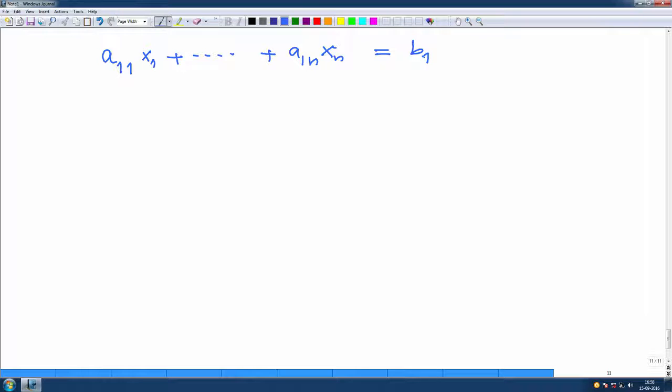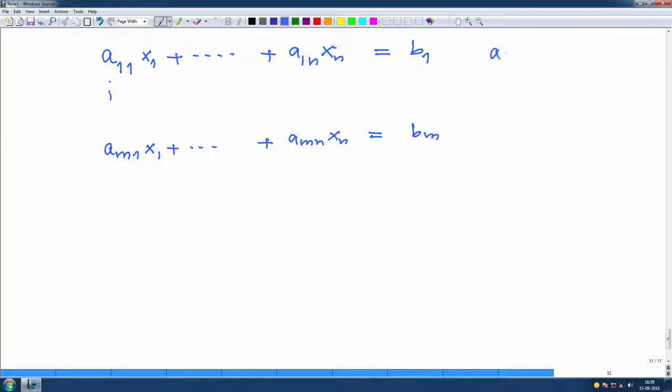This is the first equation. The first index of the coefficients aij is the equation number. The second index is the variable number or unknown number. And so on. The mth equation: am1 x1 plus ... plus amn xn equal to bm,